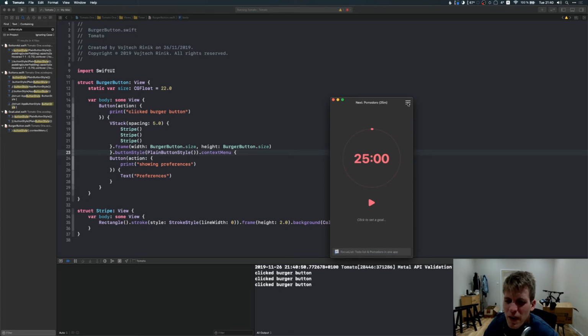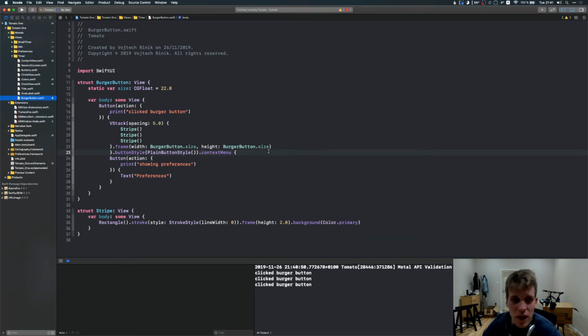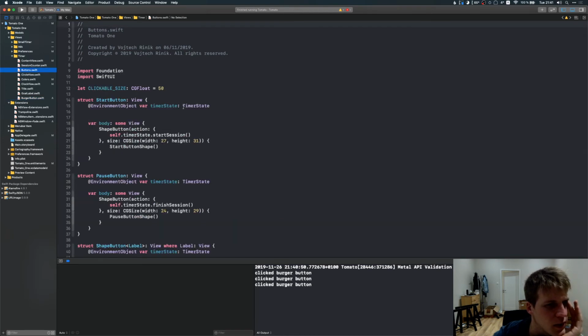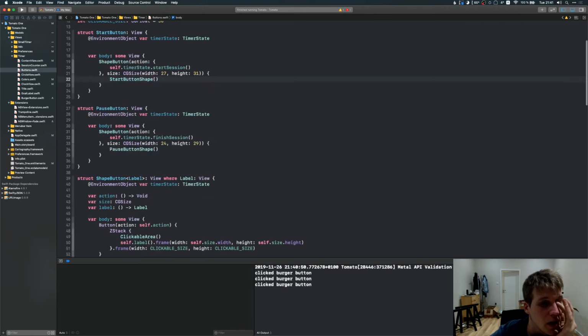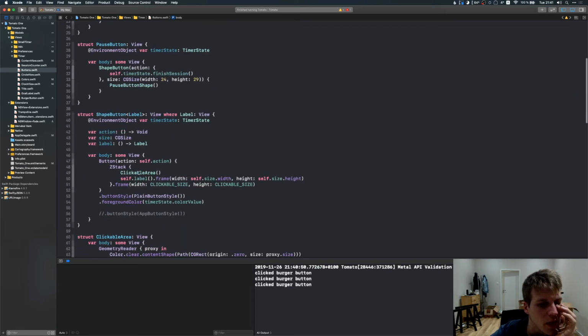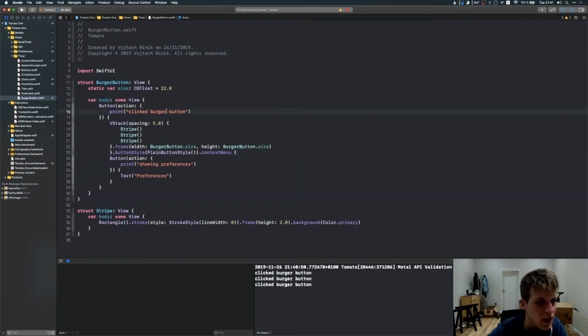Oh, I know what's happening here. It doesn't register clicks in between the stripes. And I was dealing with this problem before with my play and pause buttons. So it's gonna be resolved somewhere. I have buttons here. It has start button, and right there I have, it was a Z stack, right? It's right here, yeah. So what I just need to do is use Z stack and use clickable area below the stripes. So if I go back here,